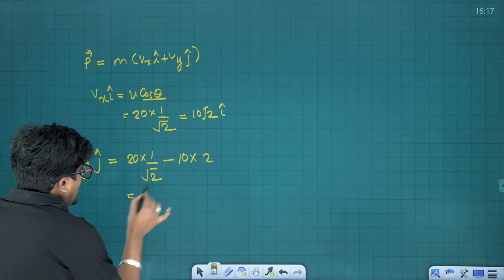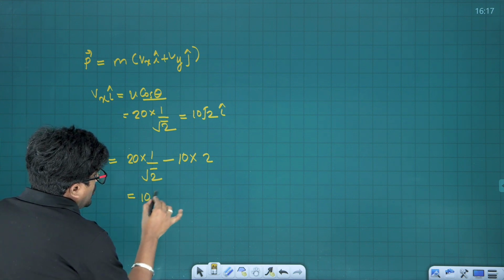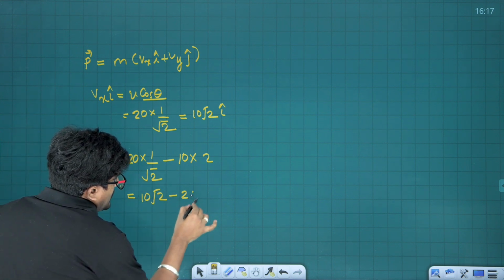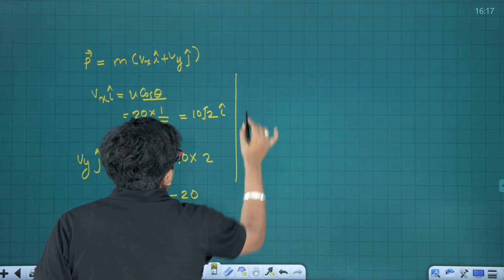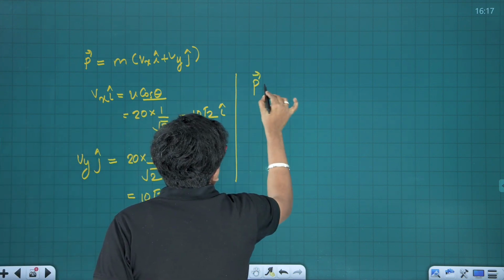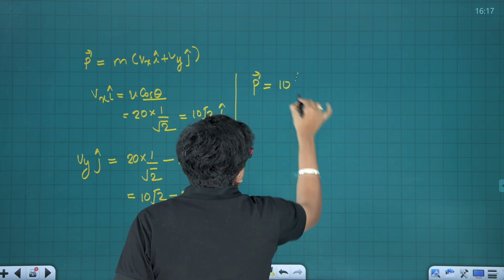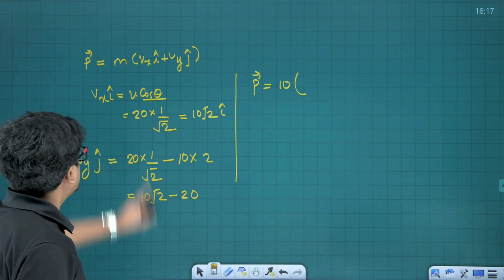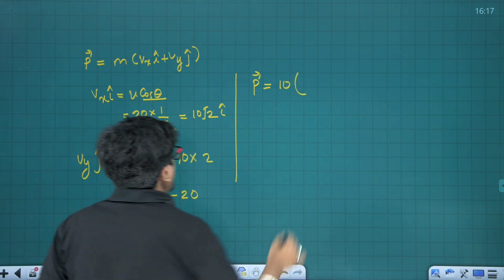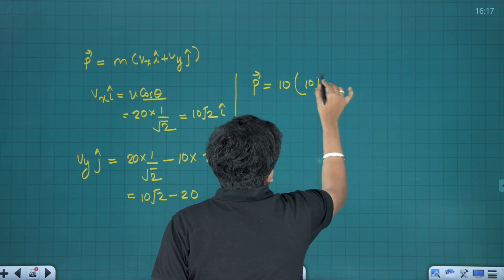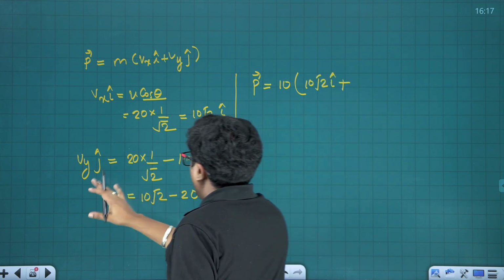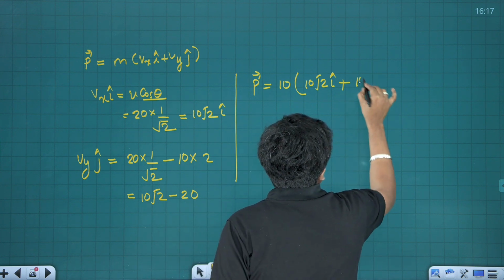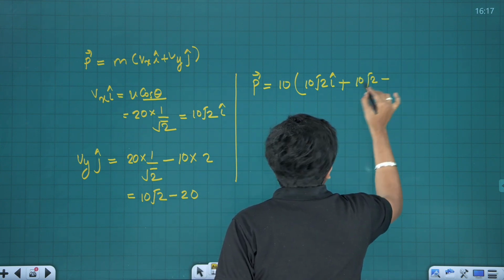So this can be written as again 10 root 2 minus 20. Now finally linear momentum is equal to mass of the body, which is 10, and velocity along the x-axis, that is 10 root 2 i cap, plus velocity along the y-axis, which is 10 root 2 minus